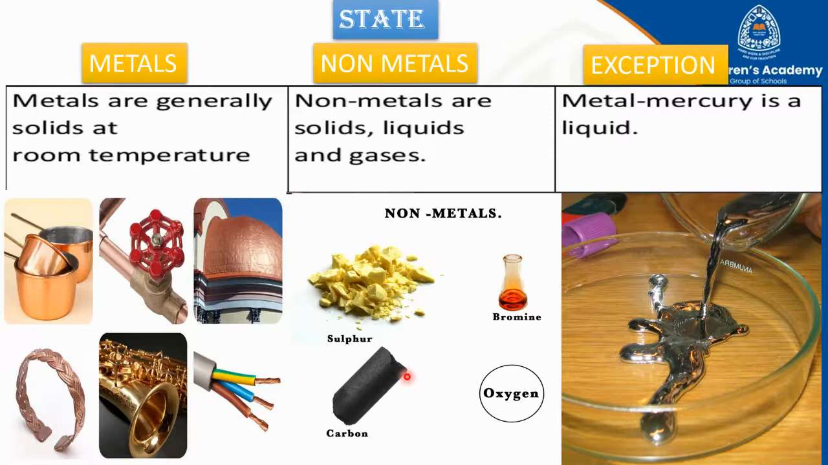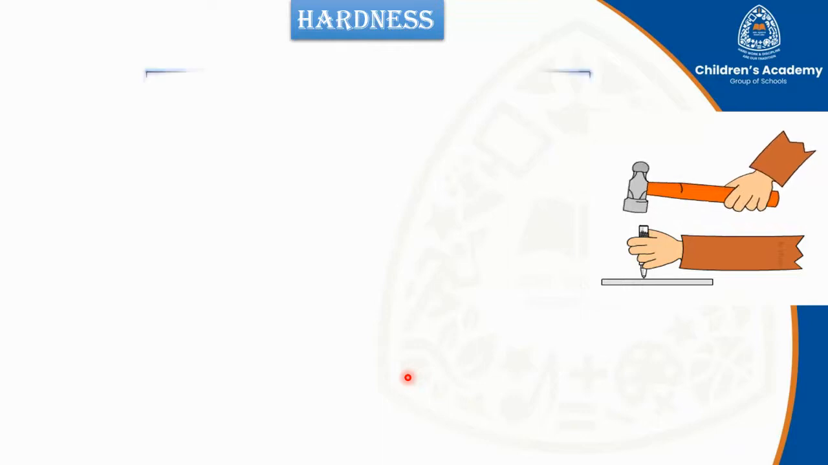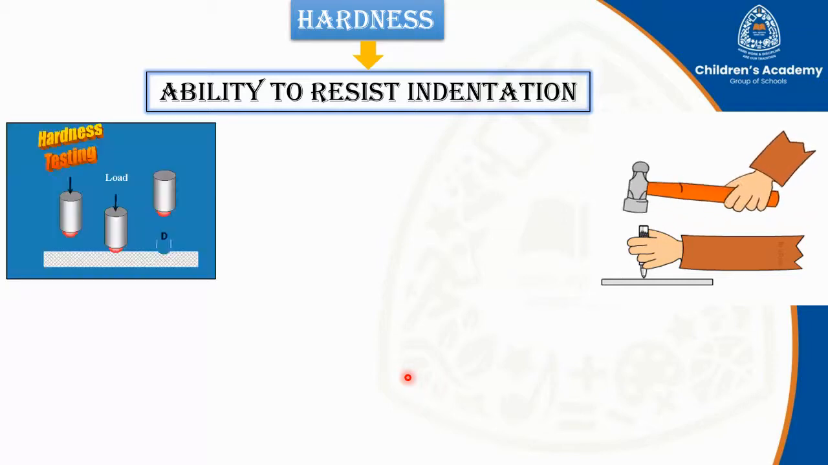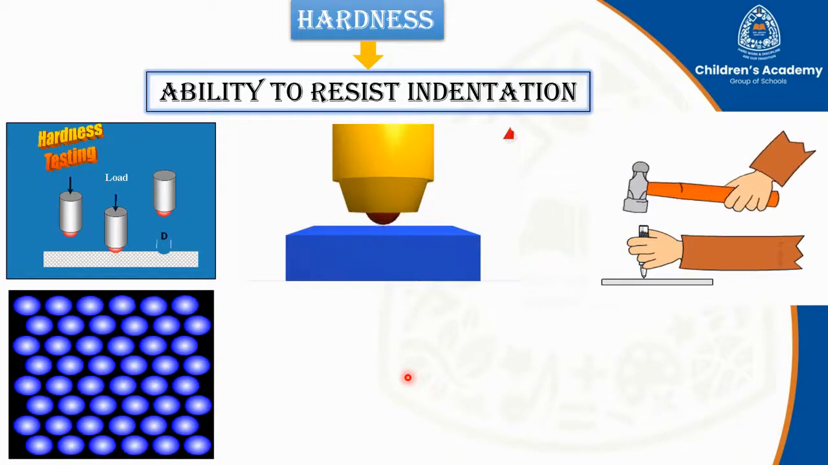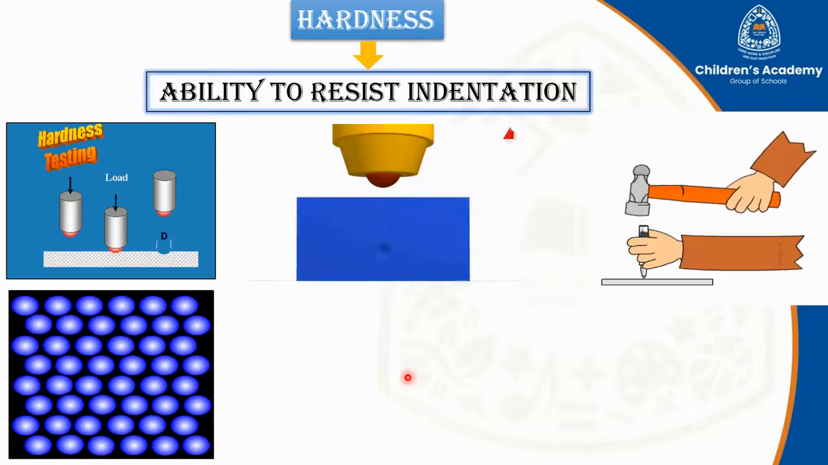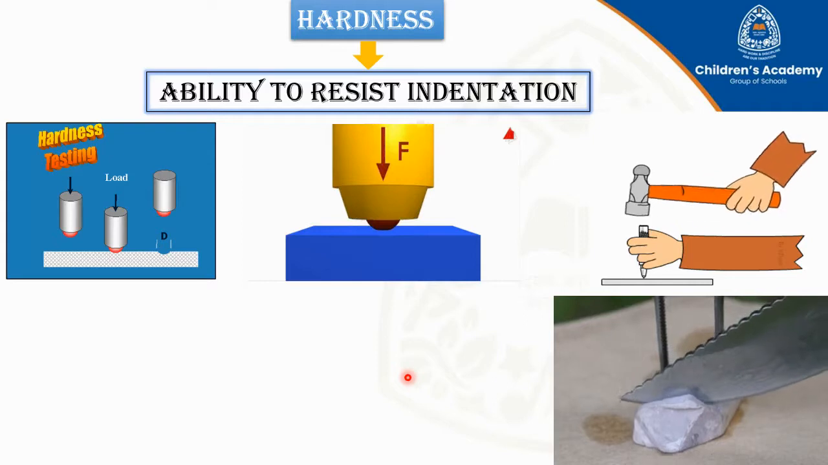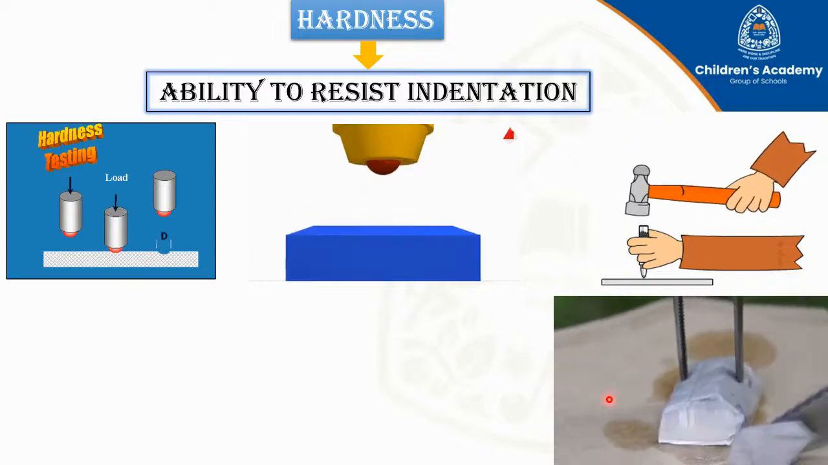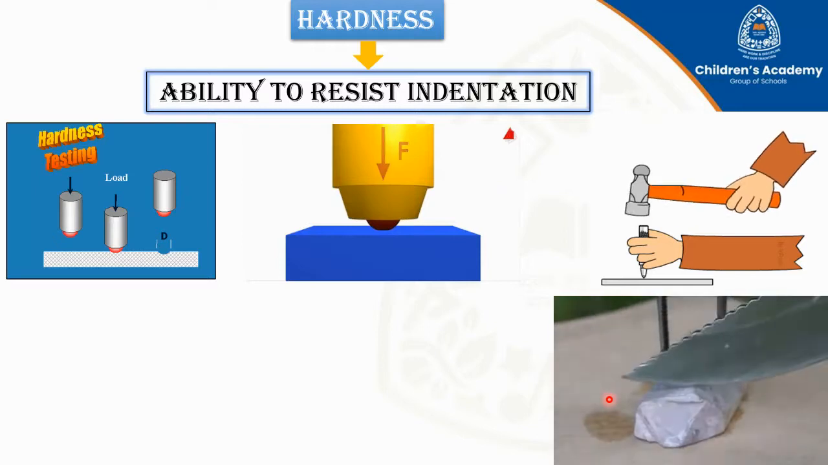Let's check out the next property, that is hardness. It means the ability to resist indentation. Indentation means dent. Since particles of solids are closely packed, metals resist indentation and therefore show hardness. However, there are certain metals which are soft solids. That is, they can be easily cut with a knife. Example, sodium and potassium. This is because the space between the particles of soft metals is less compared to particles